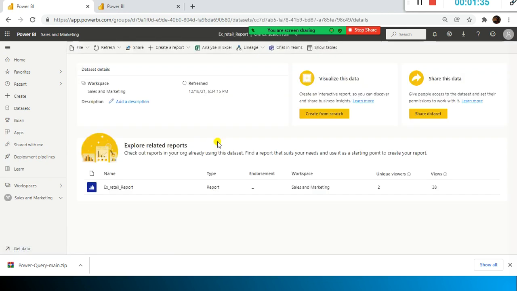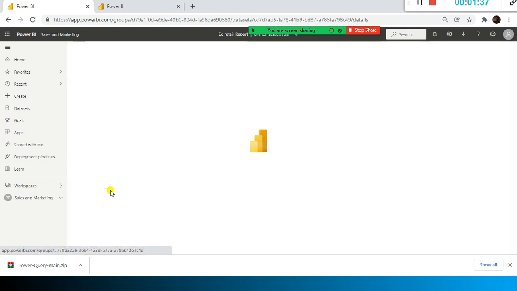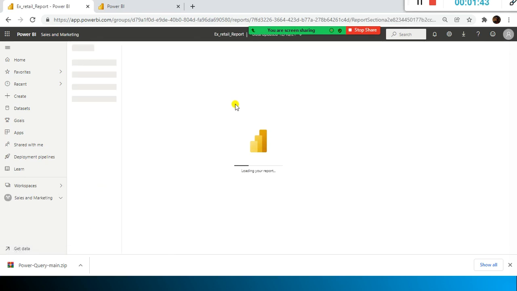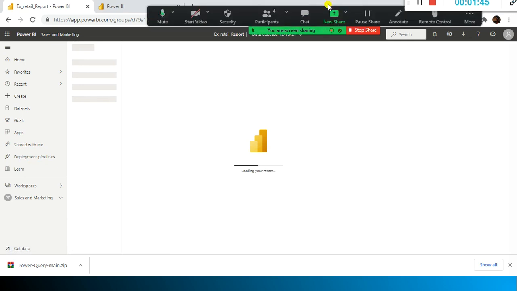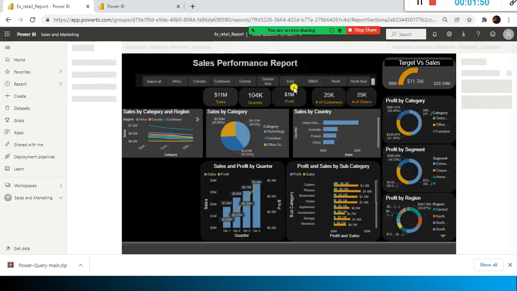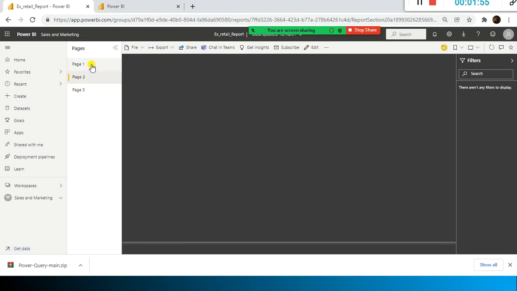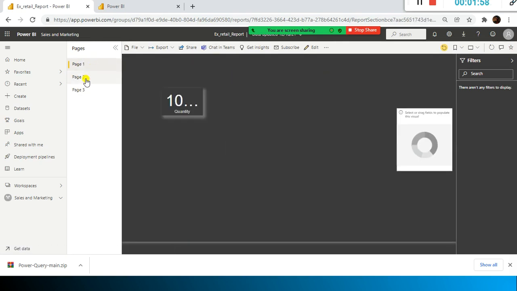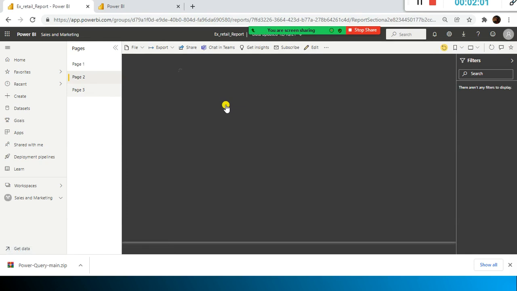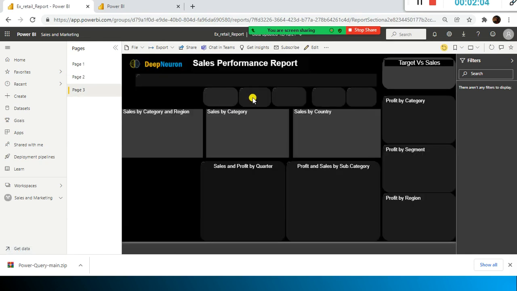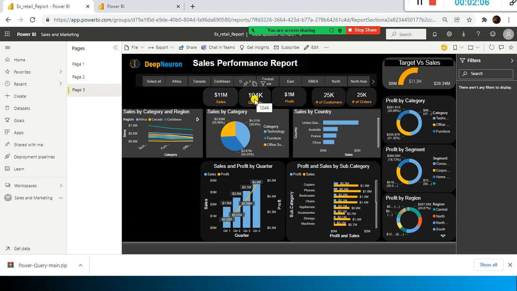This is the data set, and if I select on this, it automatically opens the report part. So this is the report already created, right? This is the report, and if you go here, this is already published, because you know how to publish this and all, right? I don't want to repeat it again. From the desktop, I published it here. It is available here. So the next step is I'm going to pin.